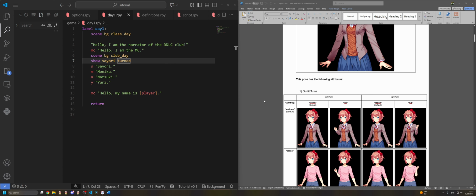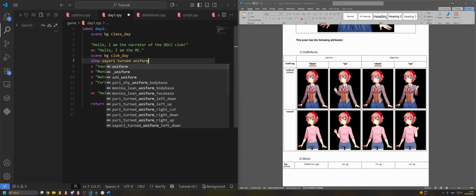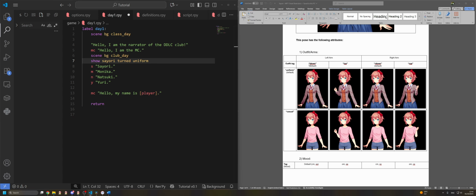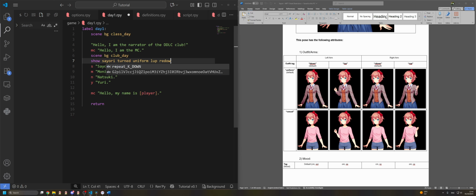So now if we scroll a little bit, we're going to find our table for the outfit and the arms. She has two outfits, as you can see, uniform and casual. So I'm just going to write uniform. You always want to write the word that's in bold, okay? And here on the top, we can see the left arm and the right arm. She can have each arm down or up. And in this case, I'm just going to choose L up for left arm up